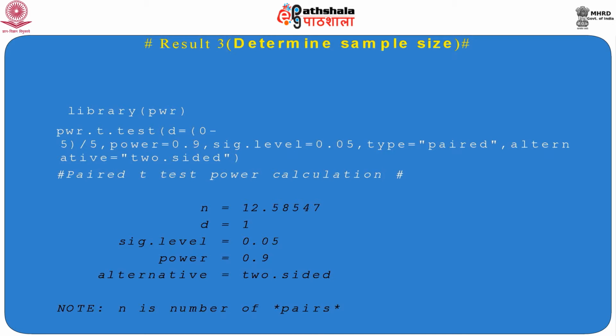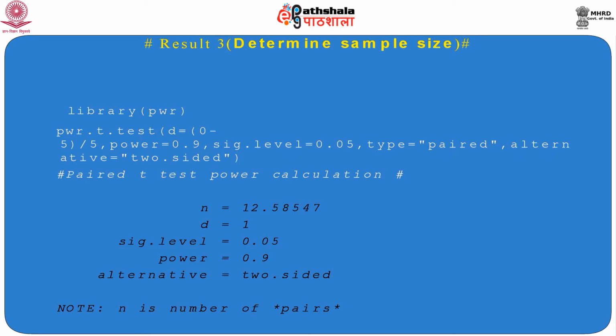So this sample size will come as a product of the paired t-test, where we consider type equals paired and alternative as two-sided, and again we assign the significance level, here you can see 0.05, so it will give us the sample size as n equals 12.58, that can be taken as nearly 13. Here d shows as 1 because it's 0 minus 5 divided by 5,